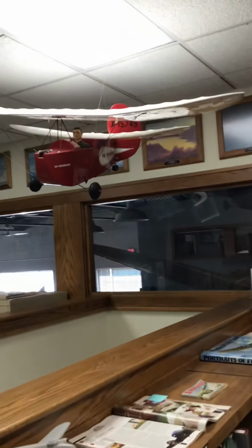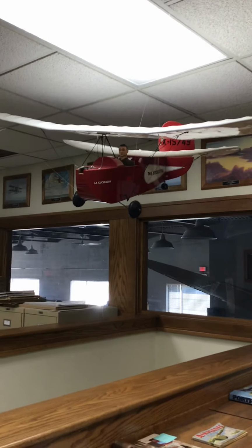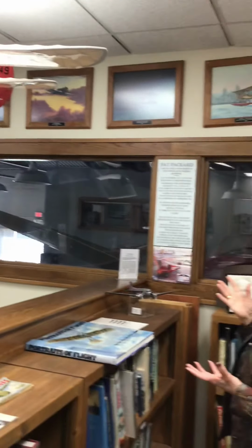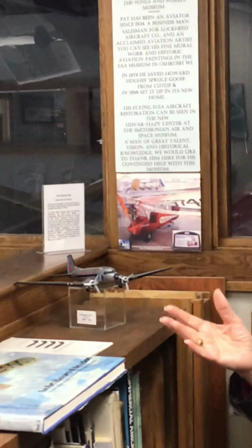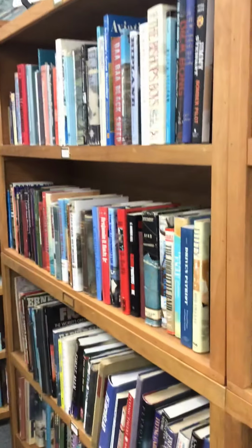For instance, above me here is a model of an aircraft called the Flea. Now the Flea was a pet project of one of our founding members, Pat Packard, and his restoration of the full-size original is in the Smithsonian Institute. More information can be found on the shelves, but right now over here to my left is the biography section,